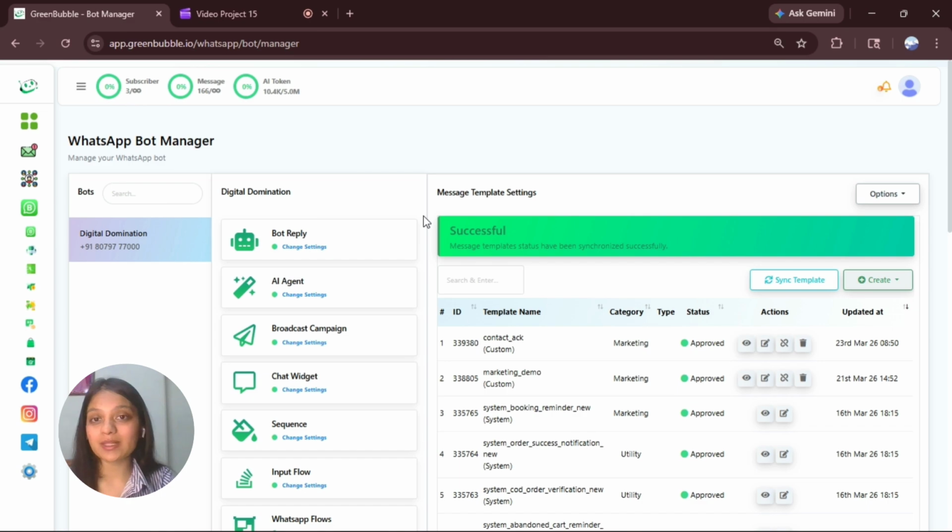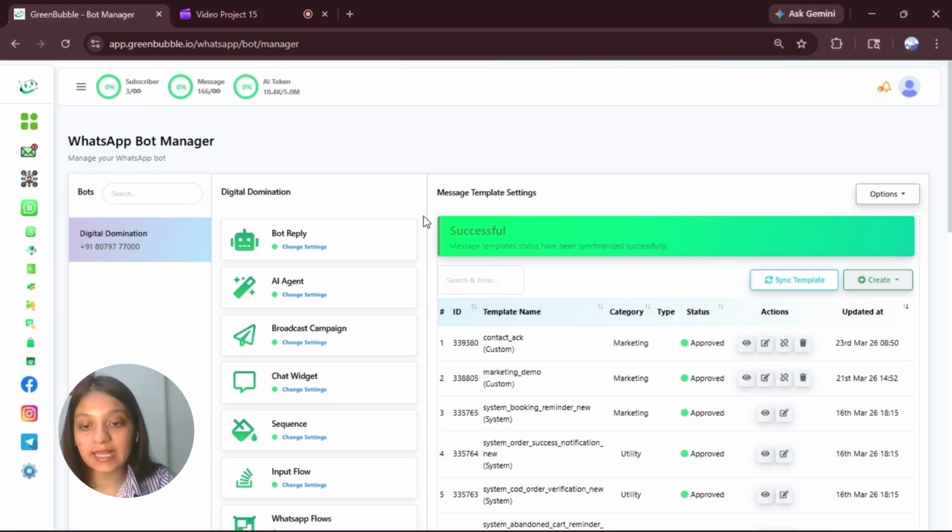So custom variables are perfect when you want to personalize messages using permanent contact attributes like name, company, city, email, etc. These values don't change very often, but sometimes you need to send some temporary or dynamic information that keeps changing, like OTPs, which are one-time passwords, meeting links, order tracking links, and temporary promo codes. So that's exactly where template variables come in. They are temporary and don't get saved with the contact. So let me show you how template variables work and how we can create one.